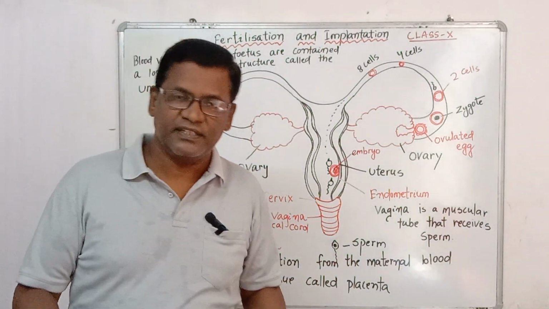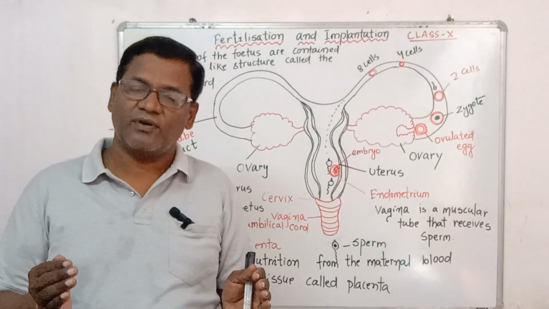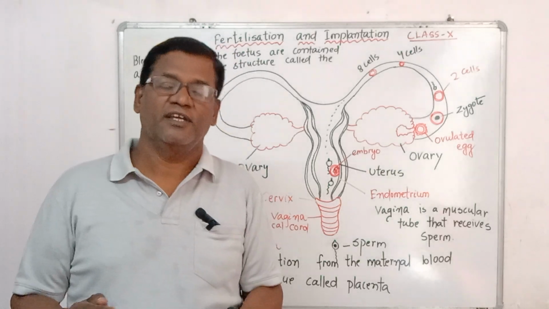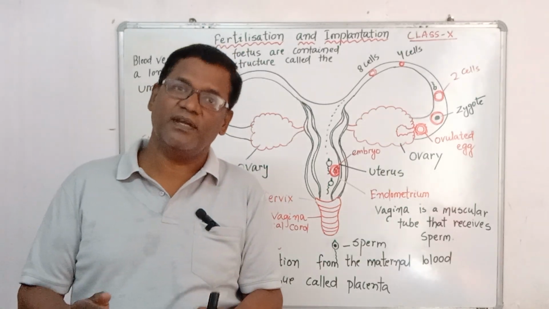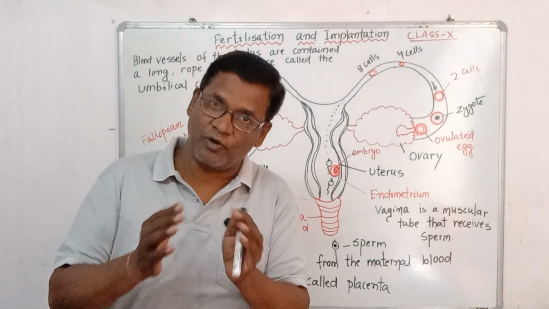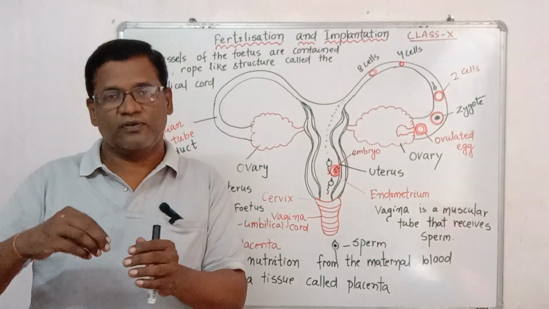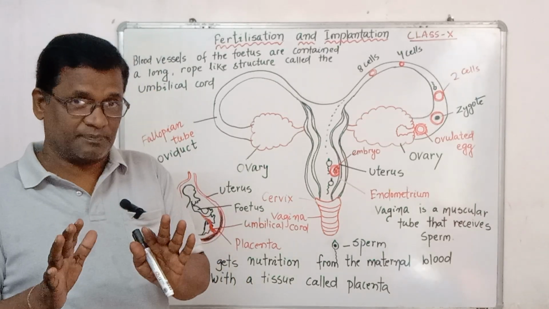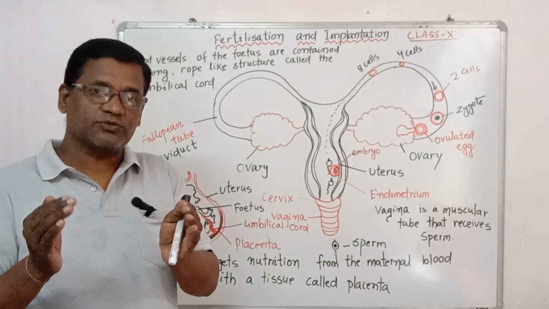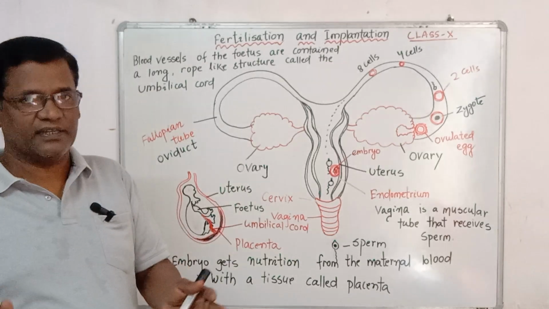Fertilization means what? It is a fusion of the male gamete with the female gamete. The male gamete is haploid. The female gamete is haploid. When they fuse to form a zygote, that is called diploid. When the diploid zygote develops, it forms an embryo. After that, a fetus. In our case, we are not studying plants. That's why, at last, we have a well-developed fetus, which will be delivered and we get a baby